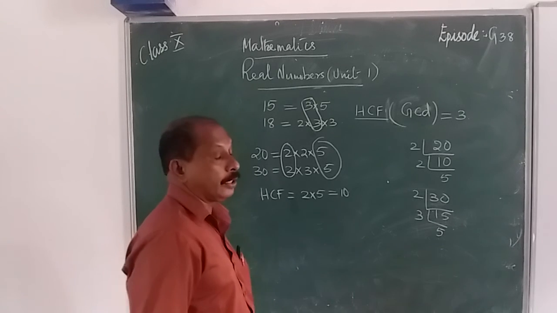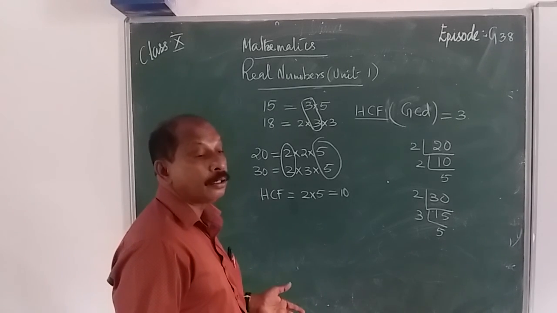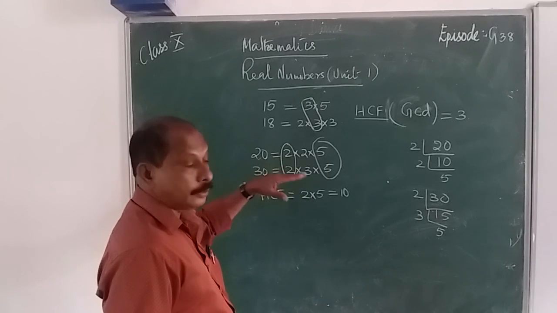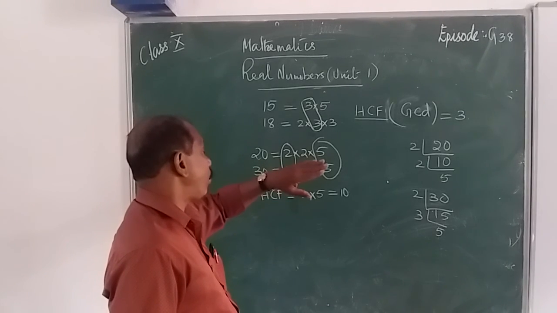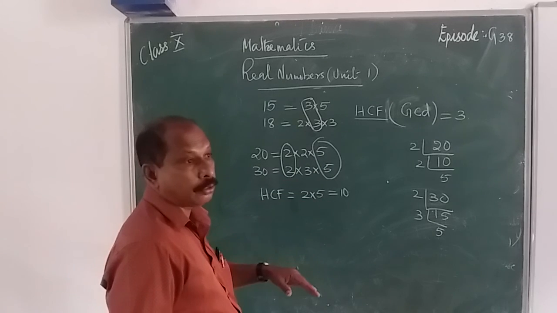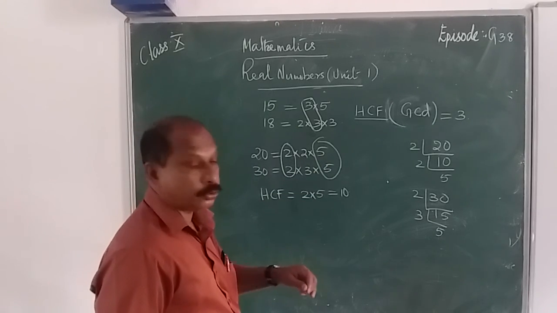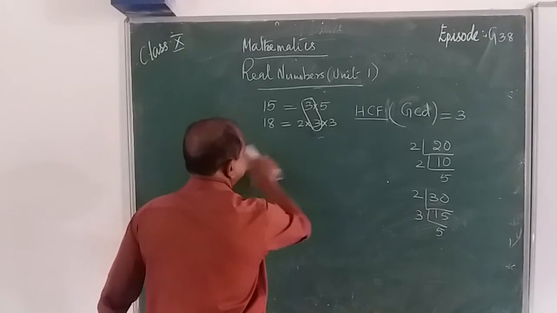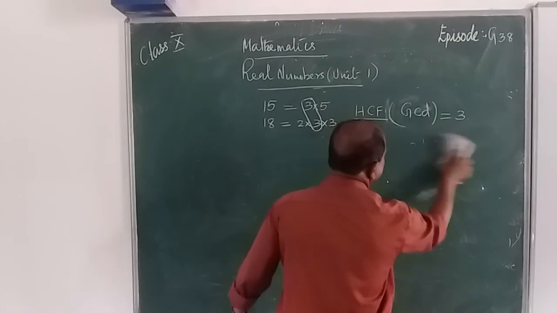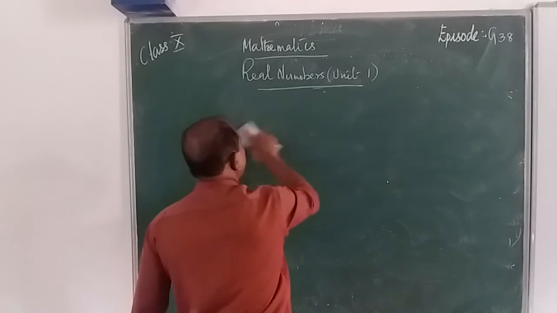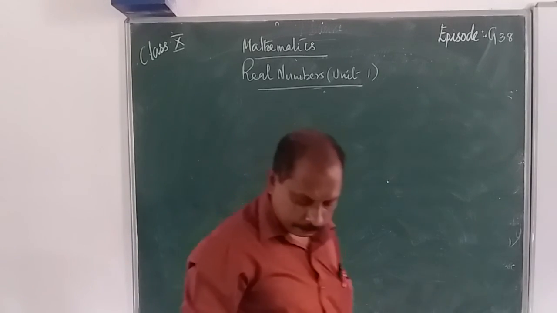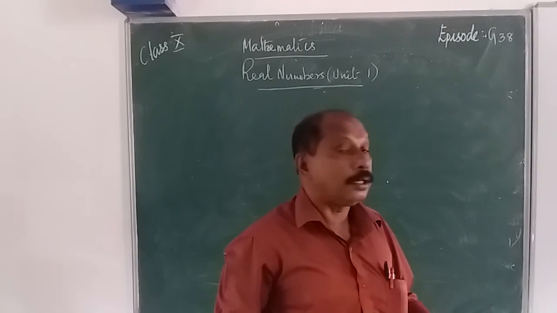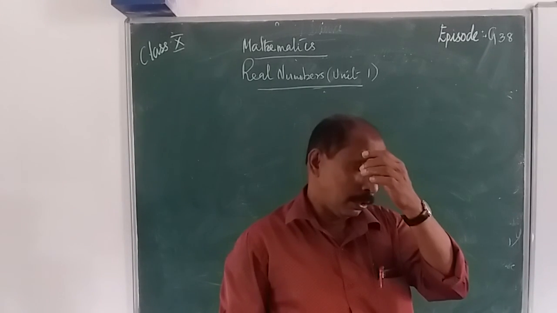Okay, therefore we can find out the HCF only by the prime factorization method of composite numbers, and HCF is the highest common factor or greatest common divisor of the group. Okay, then in the next episode, let us consider